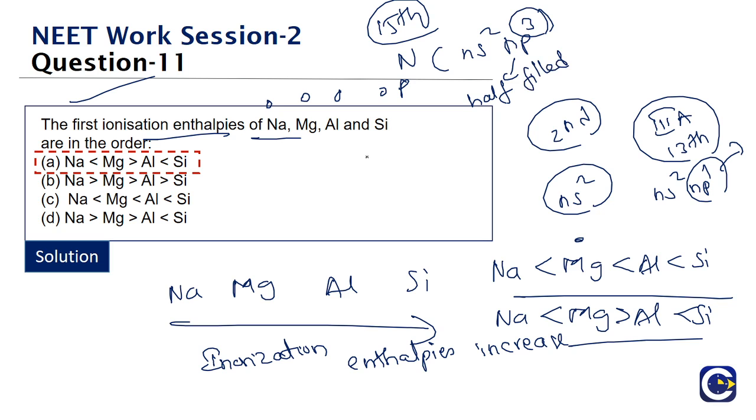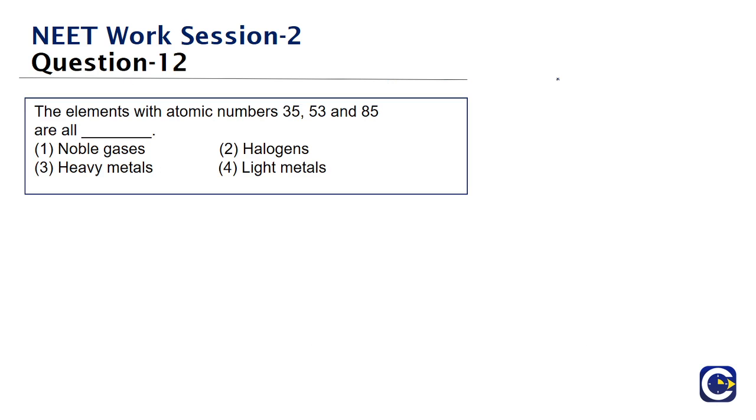So generally what is it? Nitrogen, because oxygen will come later, right, we expect that nitrogen is less than oxygen. This is the normal expected. Okay, but in reality what is it going to be? Nitrogen will be more than oxygen because of the half filled stability of nitrogen structure. Okay, so this anomaly will be seen between the 15th group elements and 16th group elements also. The anomaly in terms of the ionization energy trend when we move across a period.